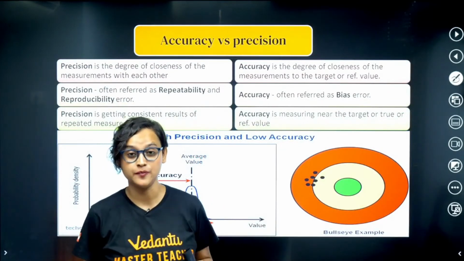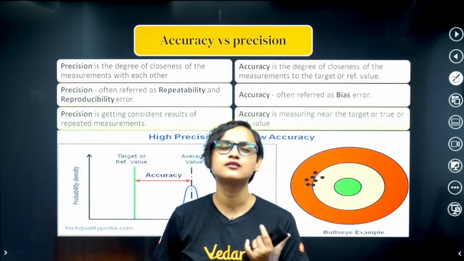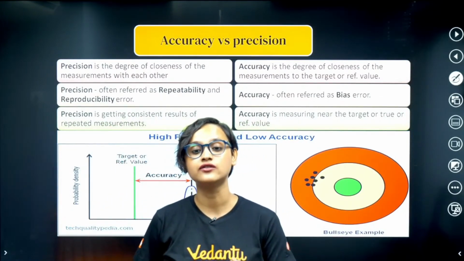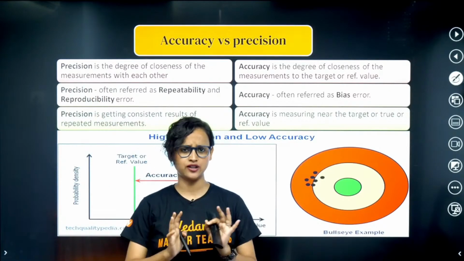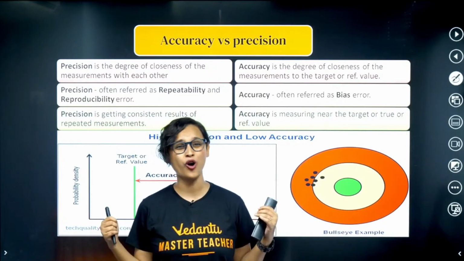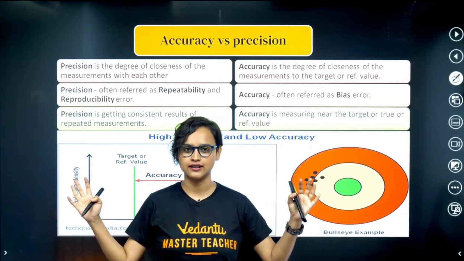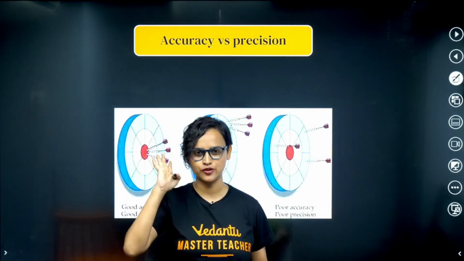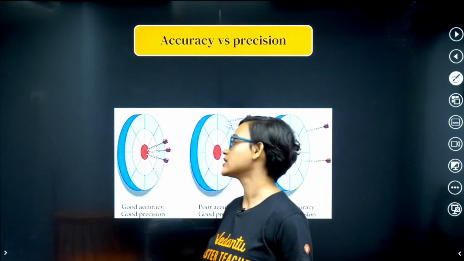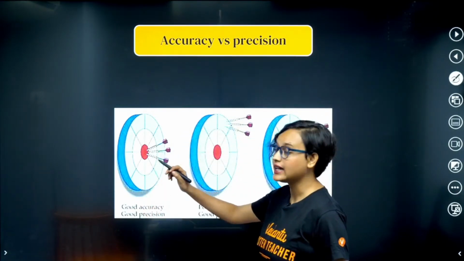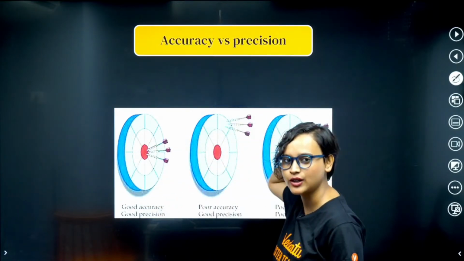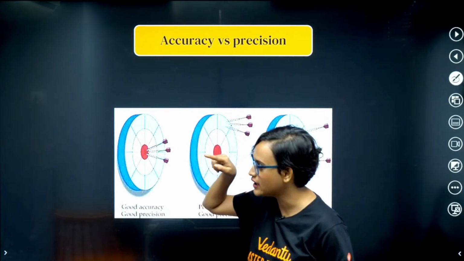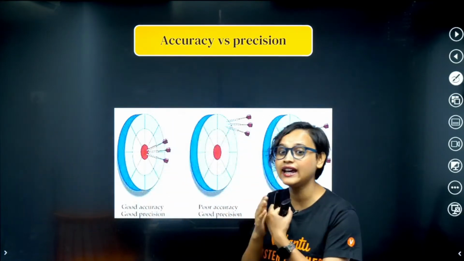Chalo, moving on from here. Now here is a term that many students get confused with: accuracy versus precision. There is a lot of blah blah blah written here, and you might not be able to understand. You might be thinking, what is it? Cannot understand. Let me show you a picture here. Accuracy versus precision. Do you see that dartboard? You know how you play? You keep throwing, and if it hits the bullseye, then you're like, yay!